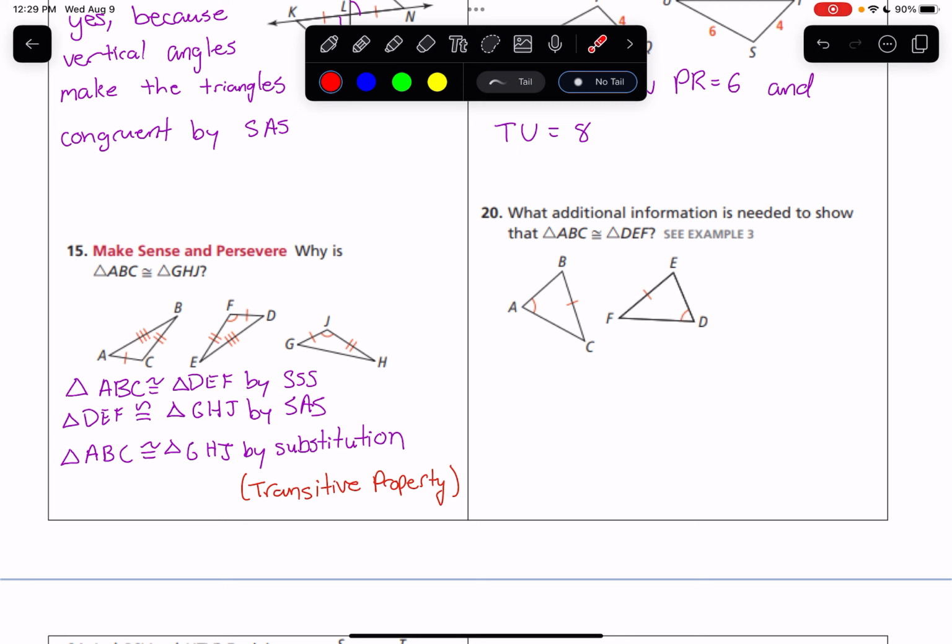So I actually need quite a bit of information here because I need to either be able to use side, side, side, in which case I would need these two sides and these two sides, or side, angle, side, in which case, because I know this angle and this angle, I would still need to know this side and this side, this side and this side. So no matter what, I'm going to need the other two sides of my triangle to show that these are congruent triangles. So must know